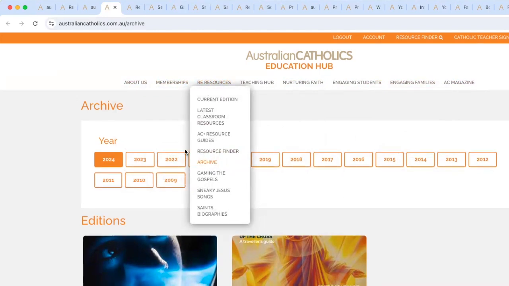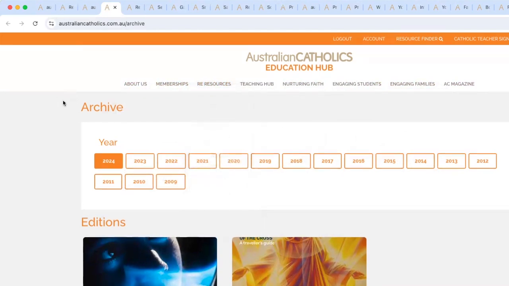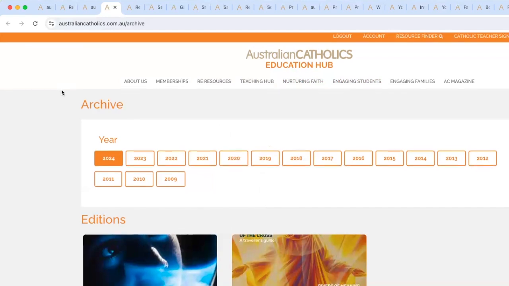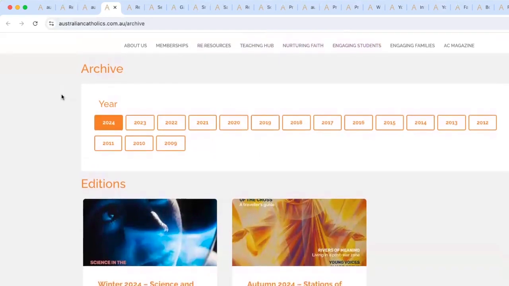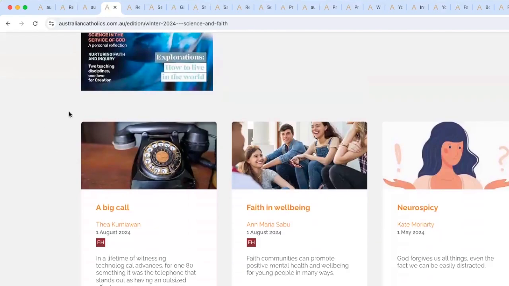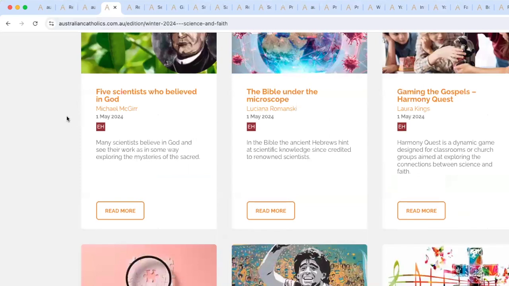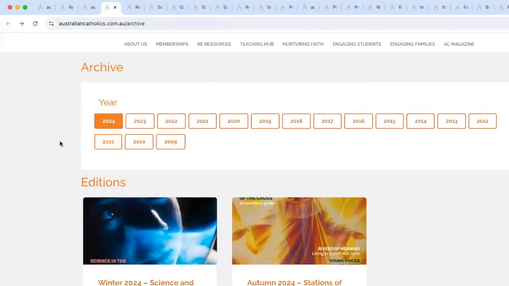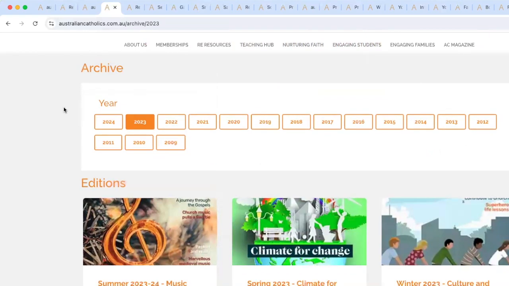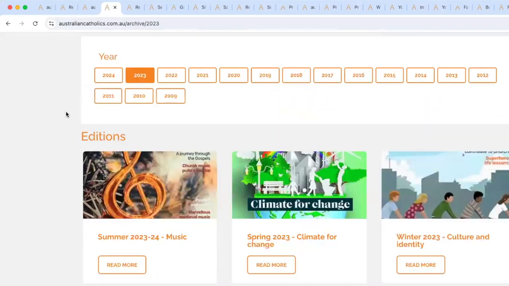on our archive page. As you can see here, we've got editions of Australian Catholics going all the way back to 2009 on the site. So all of the articles in all of the editions of Australian Catholics are basically available in our archive. So if you click on any of the editions, you'll be able to see all of the articles in that edition available. Now, as you're probably aware, each of our editions is built around a particular theme. So you can scroll through here and see some of the themes that we've done and covered across the years